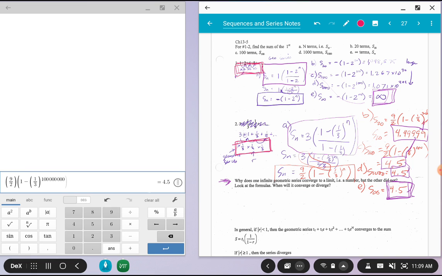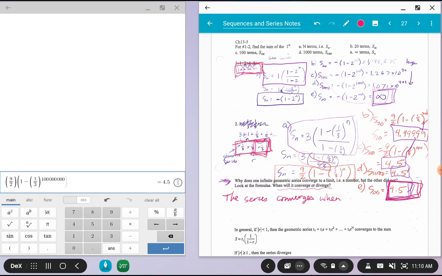So basically, as we look at those formulas, now we can figure out when does a series converge and when does it diverge. Okay, and let's address that. When does it converge? When does it go to a number? It went to a number when the ratio was a proper fraction, right? It was basically what we can say is that the series converges